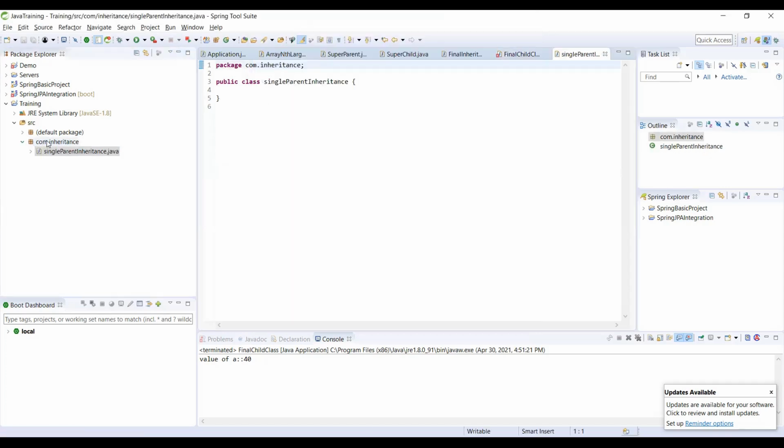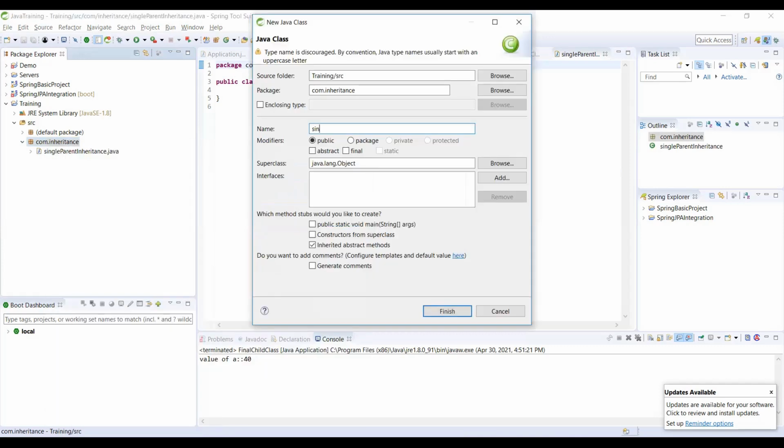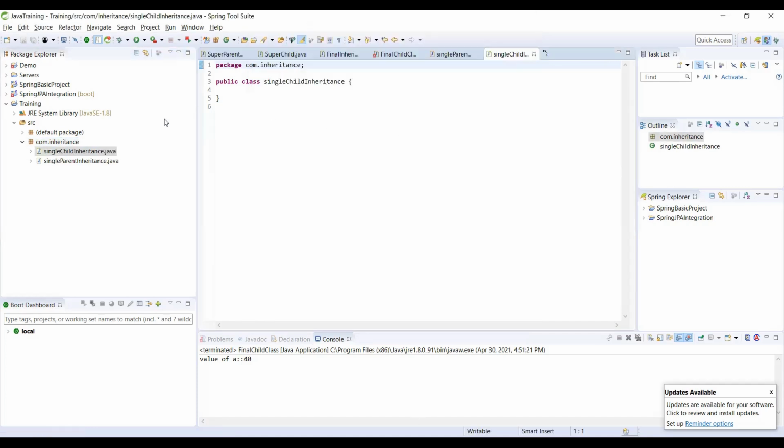Then I will also have a child, single child inheritance. Now, if we look at this, we have two different classes.